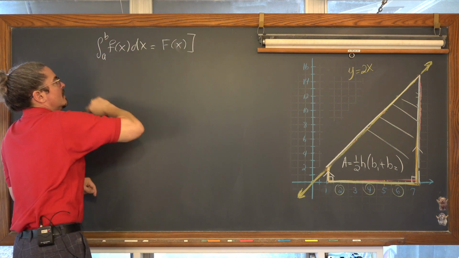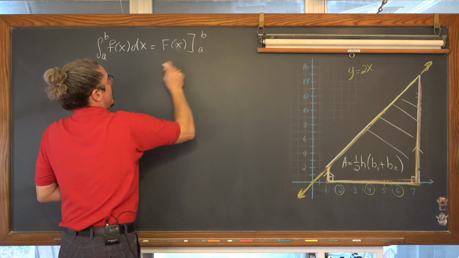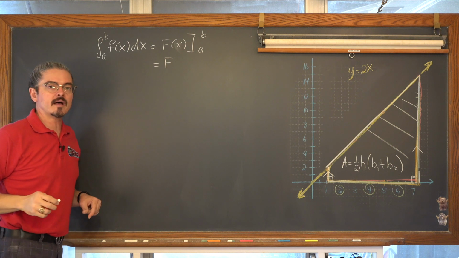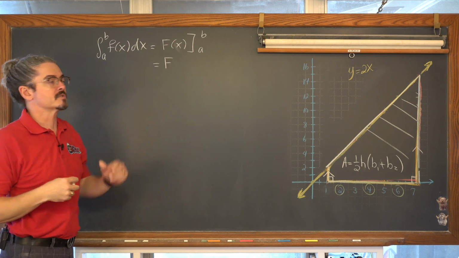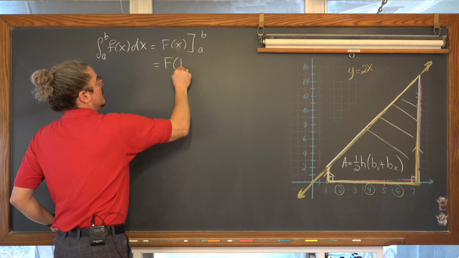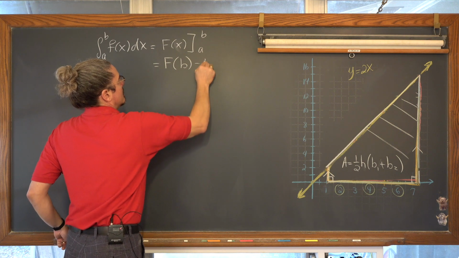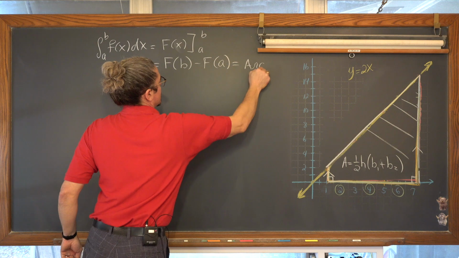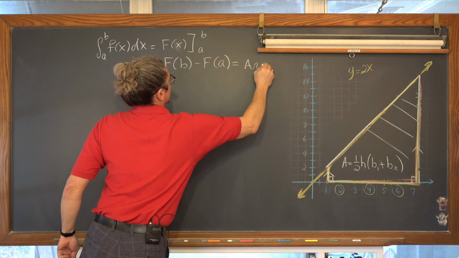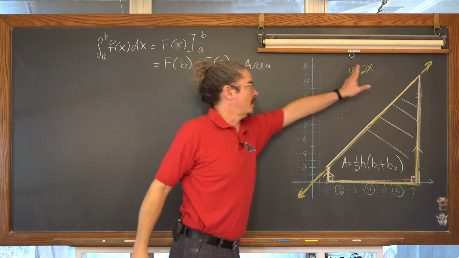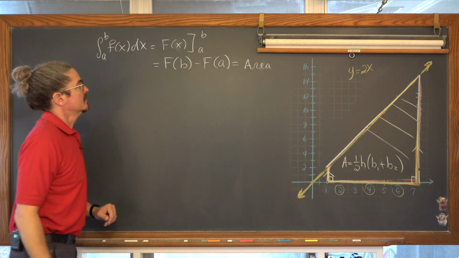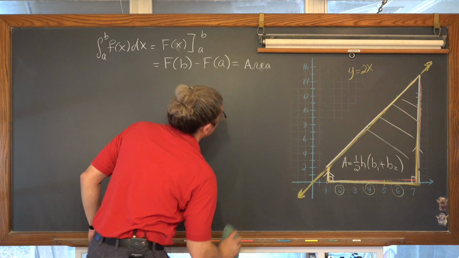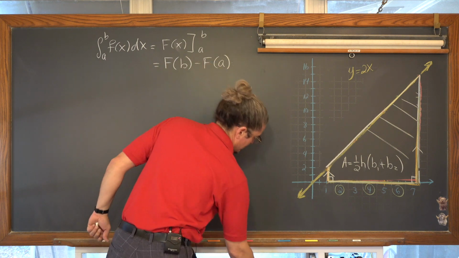Keep that upper and lower limit of b and a, and then just simply plug each of those values into your antiderivative and subtract. So first plug in your upper limit. So we have capital F of b minus capital F of a, and that is going to be, in this case, again, finding the area between the curve y equals 2x and the x-axis. But the number that you get from a definite integral is definitely not always, in terms of application problems, going to represent area.